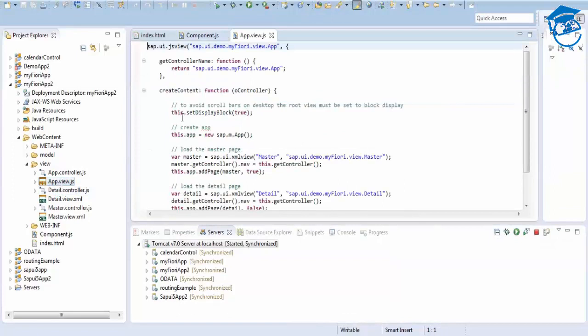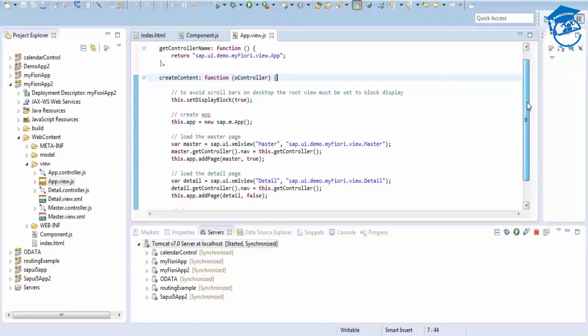Once you click it, the app view.js will open. It is a sap.ui.jsview, and inside that we have sap.ui.demo.myfiori.view.app, and inside that we have given a get controller. So which controller needs to be used? sap.ui.demo.myfiori.view.app, and when you create content, inside this we have